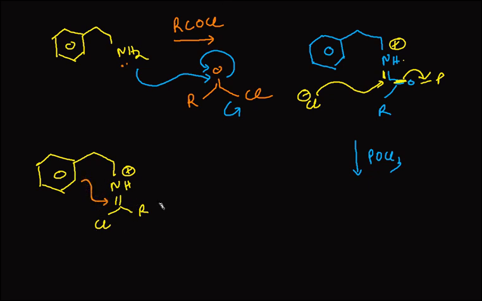This is an electrophile, and again it can lead to cyclization. So once the cyclization happens, what will we get? 1, 2, 3, 4, 5, 6. We'll get a 6-membered ring. Okay, so the cyclization will happen over here, like this, and we'll get a 6-membered ring with nitrogen present over here. At the second position nitrogen will be there, and obviously over here we'll have the R group present